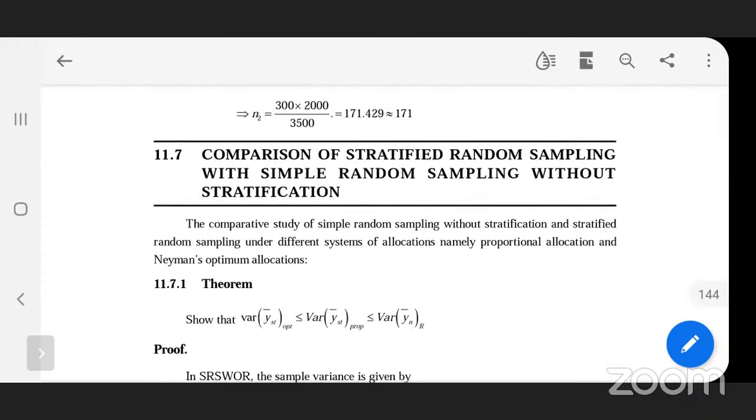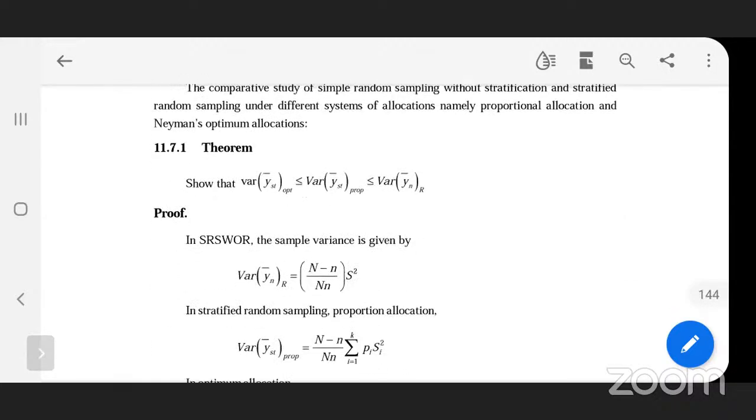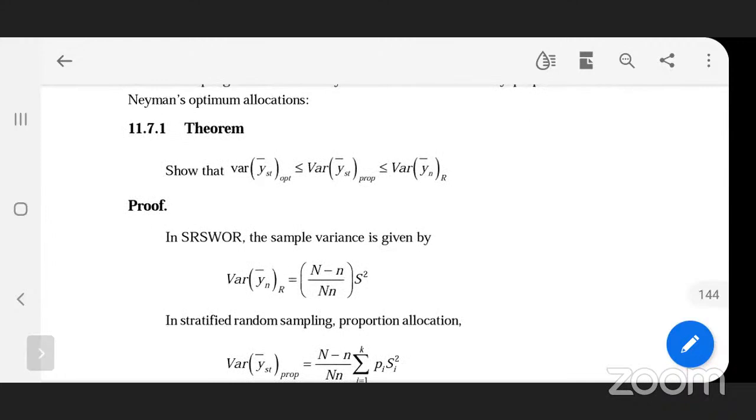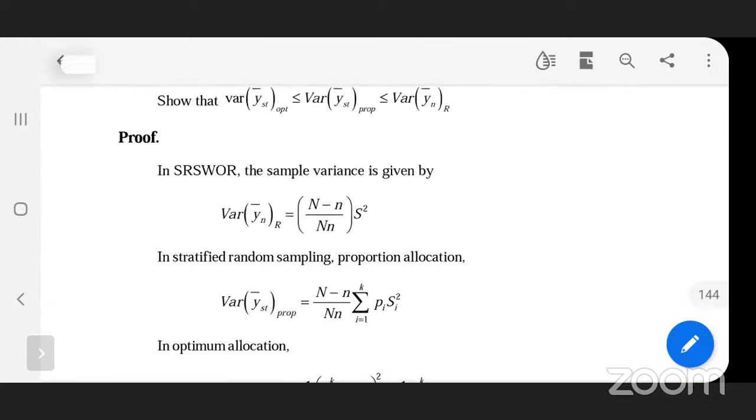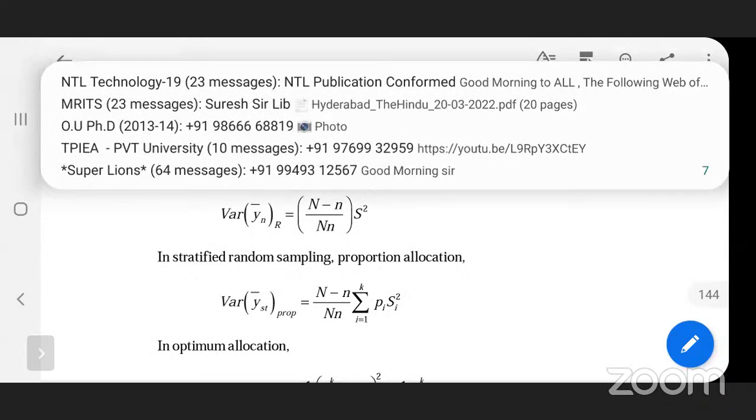Next, comparison of stratified random sampling with random sampling without stratification, that is, the variance of the optimal random sampling compared to the variance of the proportional random sampling. The optimal is always less. It is a minimal value, less than or equal to the variance of proportional, which is less than or equal to the variance of the original random sampling. So that is without replacement. If I observe the variance without replacement,